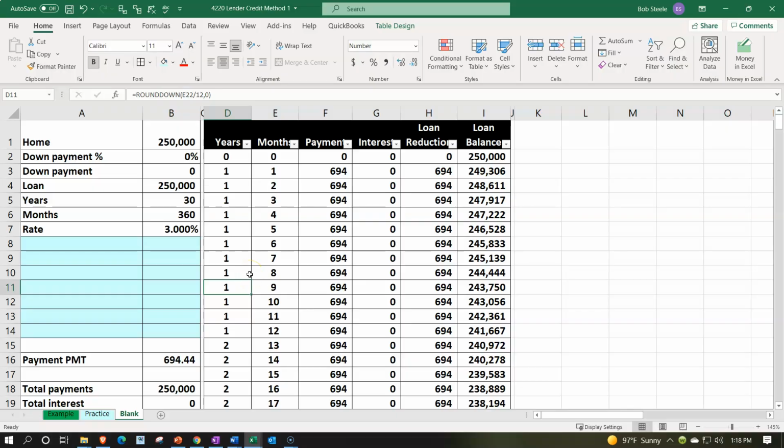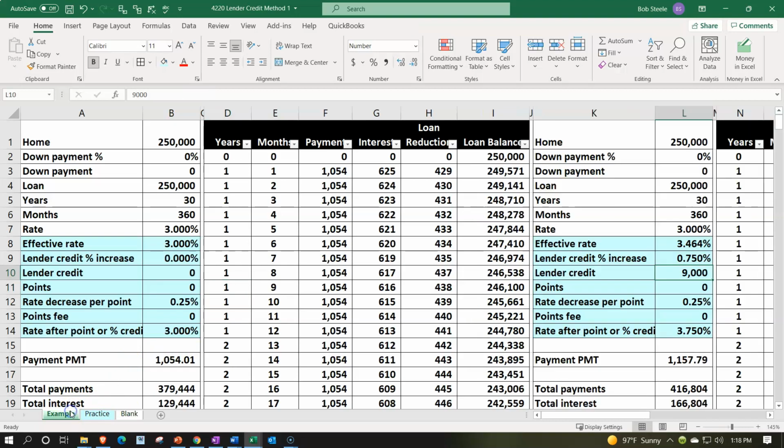Here we are in our Excel worksheet. If you have access to the Excel worksheet and would like to follow along, note that we have 3 tabs down below: example, practice, and a blank. Let's take a look at them now, starting with the example tab, in essence being an answer key, focusing in